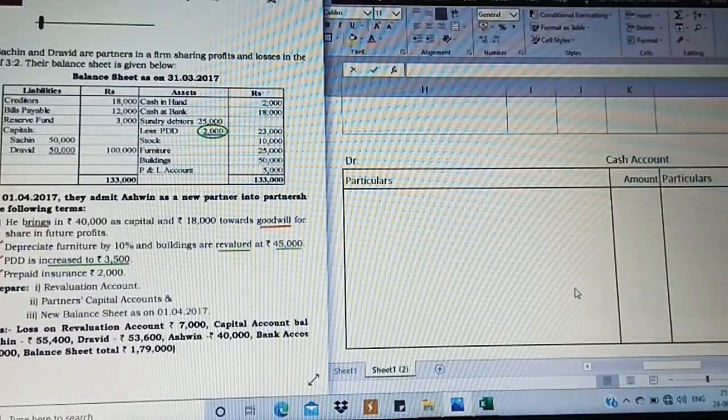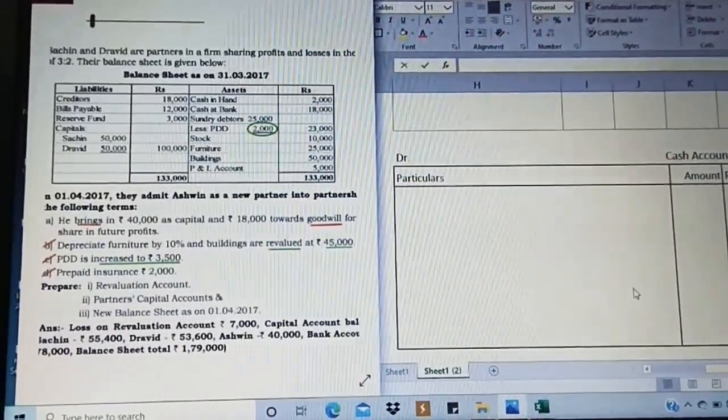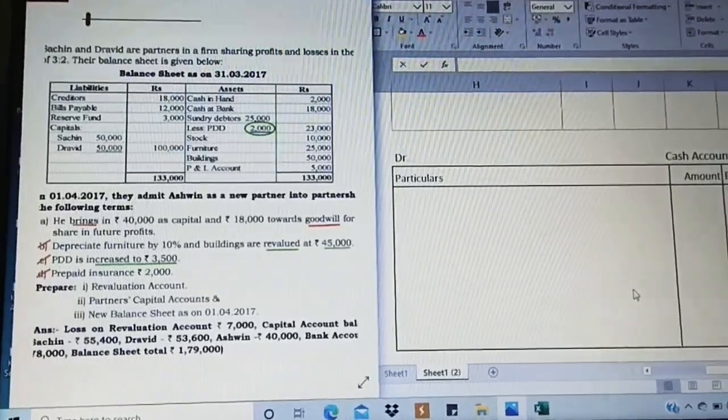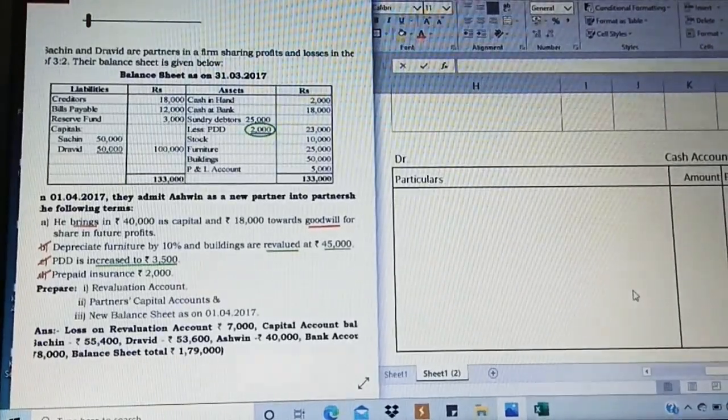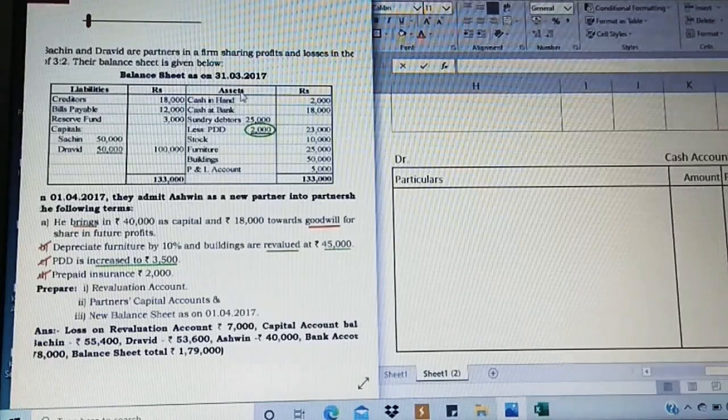Now moving on to the question, just observe. I guess the question is clear to be observed. Moving on to the question, when you go for cash account, first step is we have to bring the opening balance. Now going for the asset side, we have cash in hand, cash at bank. So here for this concern calculation, I'm going to take both, that is cash in hand as well as cash at bank together. I'm going to take as the opening balance.